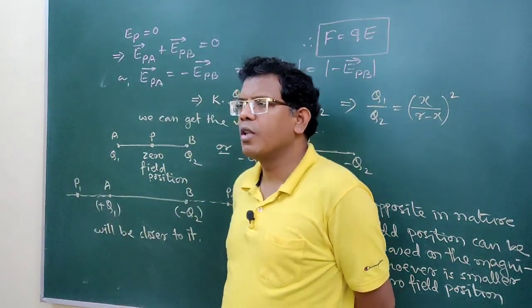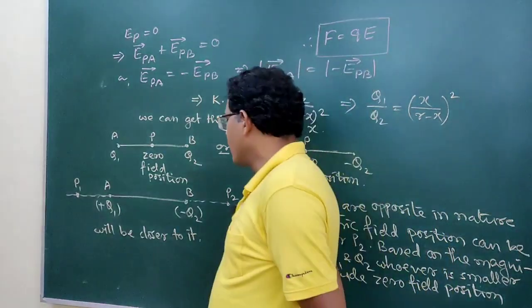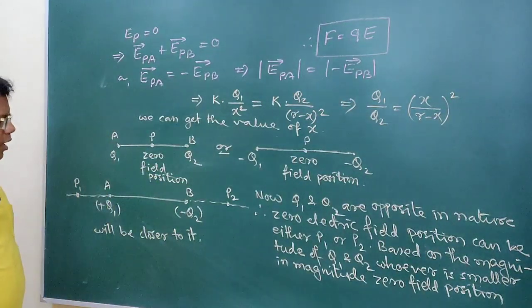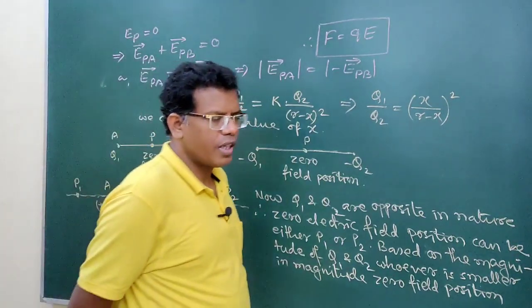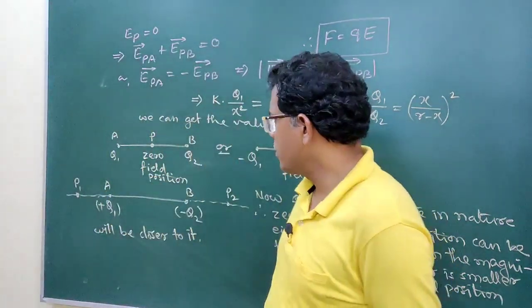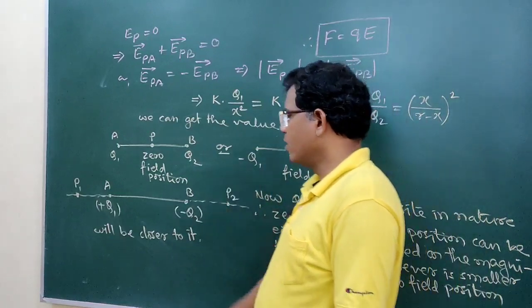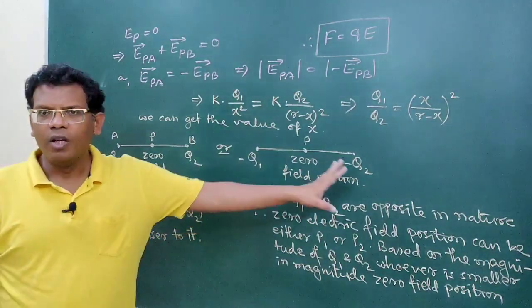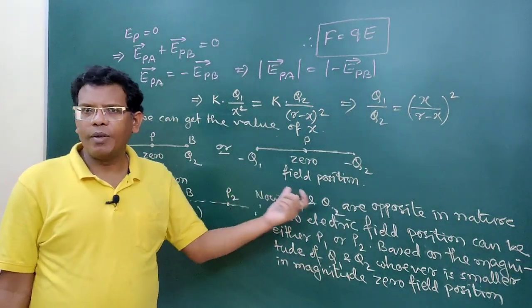Whenever you are asked to find the zero electric field position, or the position where a third charge is placed but does not experience any force, in the presence of two given charges at a given distance of separation, that zero field position should always be along their line joining. If both are identical in nature, though they can be different in magnitude, either both positive or both negative, then that position should always be along their line joining, in between them.